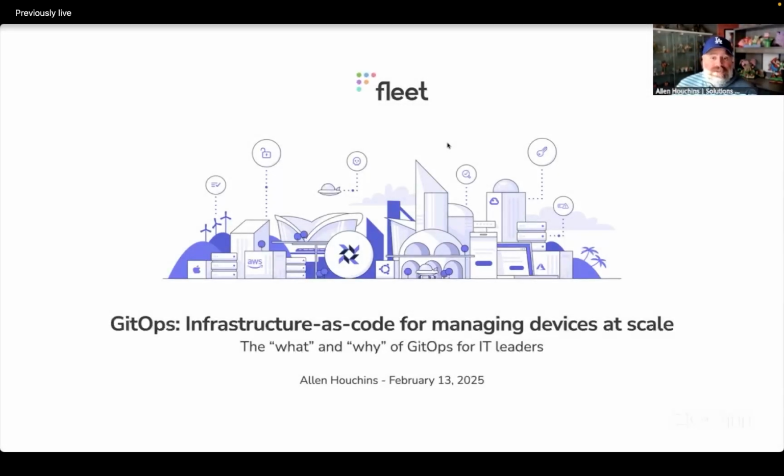My name is Alan Houchins, and the topic for today is GitOps Infrastructure as Code for Managing Devices at Scale. This is part one of a two-part series that we're working on here at Fleet. Today, I'll be going over what is GitOps at a very basic level and why you should consider implementing GitOps